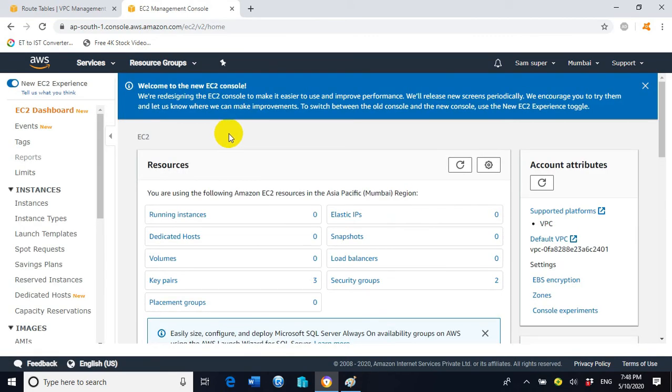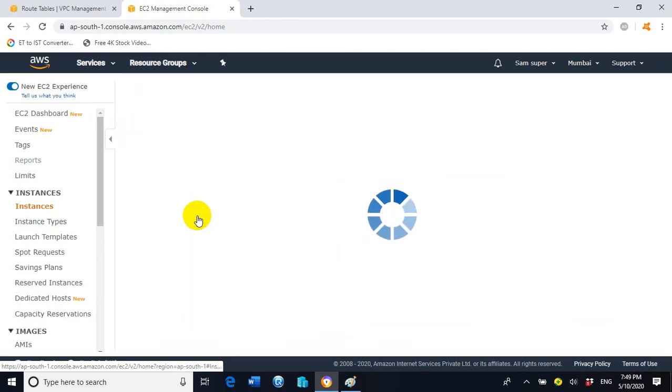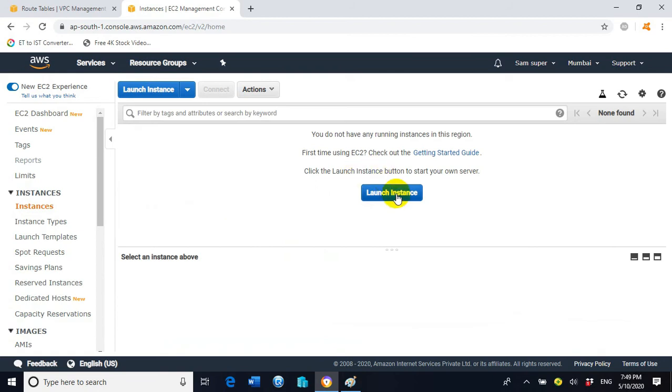One EC2 instance we will place inside subnet A and the second EC2 instance we will place inside subnet B. Here you can see clearly running instances is 0, because we have not yet created any EC2 instance. So click on running instances, click on launch instance.